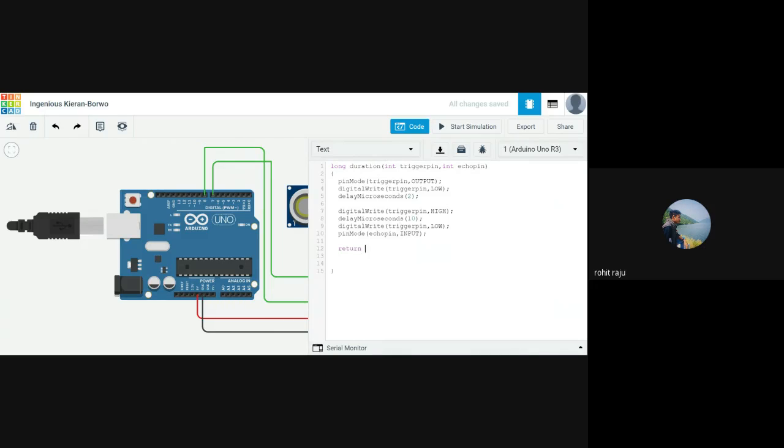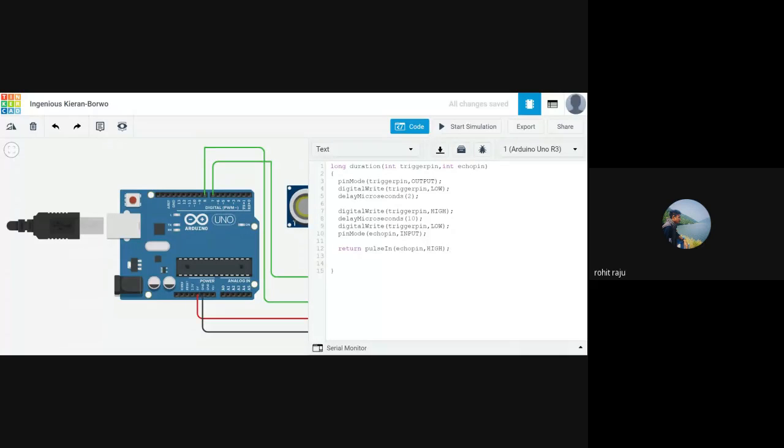There is a function called pulseIn. It takes two arguments, which are the port or the pin, so it takes echo pin, and HIGH. I'll explain what this is.